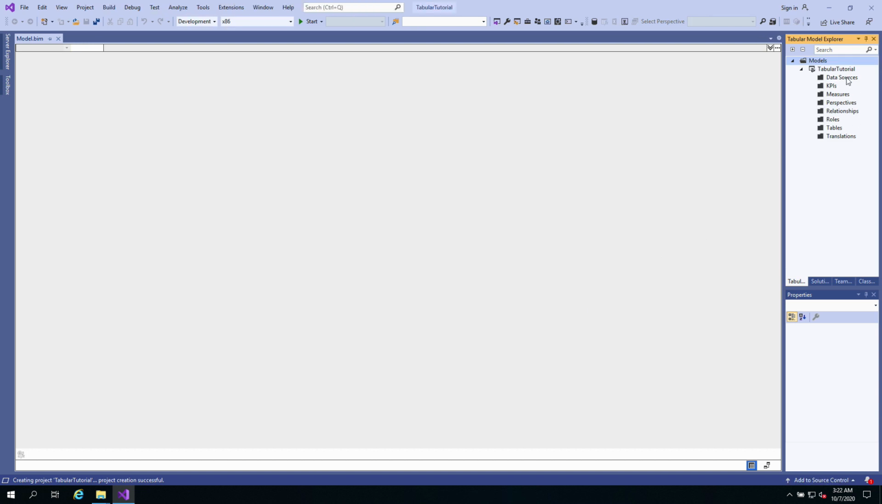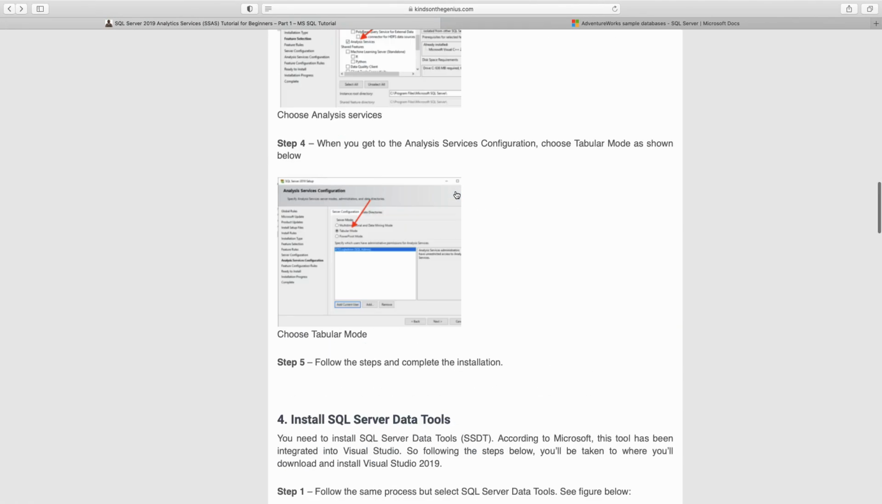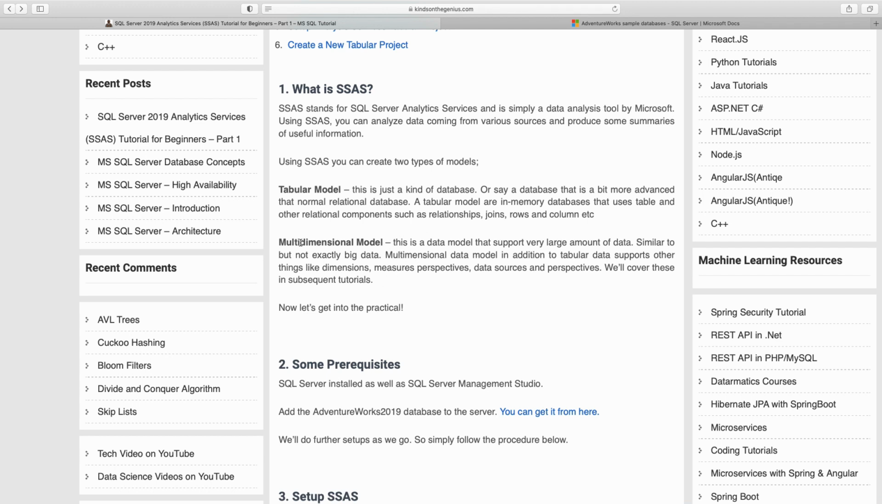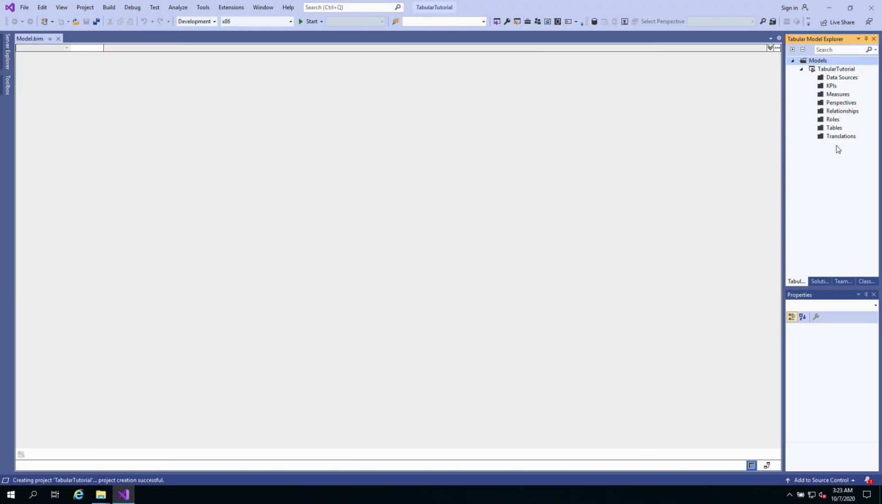Now if you go to models, you can see a number of things we mentioned. If you go back to my website and scroll up a little bit, you can see that here we say that a multidimensional model is a data model that supports very large amounts of data, similar to but not exactly big data. A multidimensional data model, in addition to tabular data, supports other things like dimensions, measures, perspectives, and data sources. Okay, so I'm repeating it two times. Now you can see these things mentioned here, but we are going to start from the simple one,